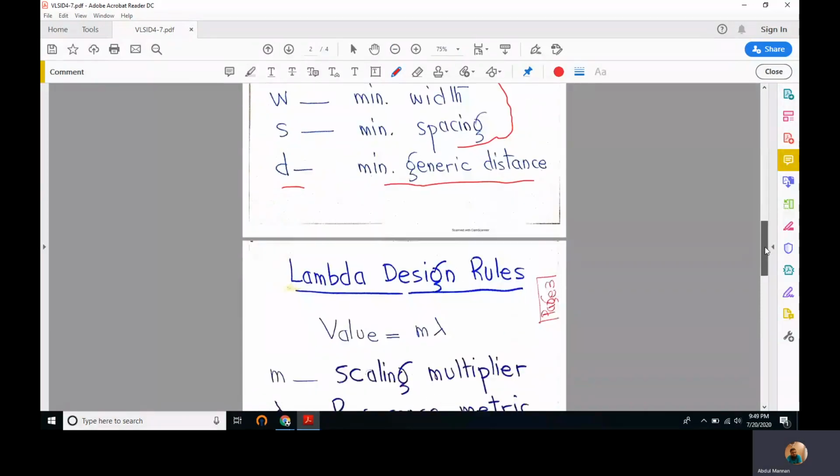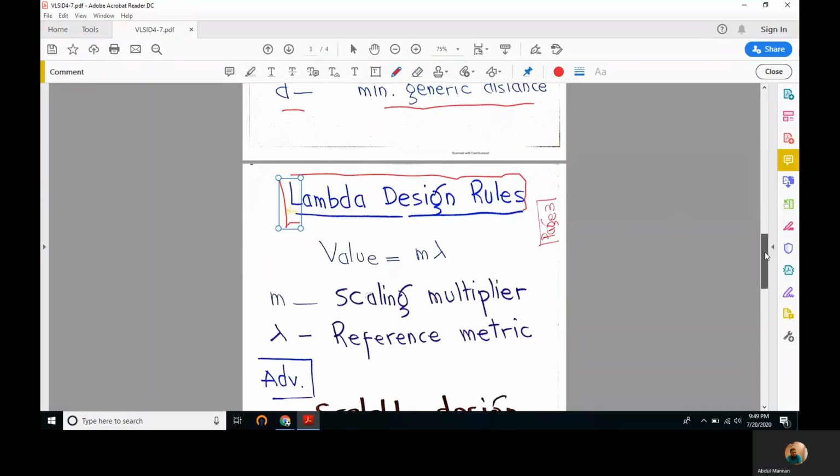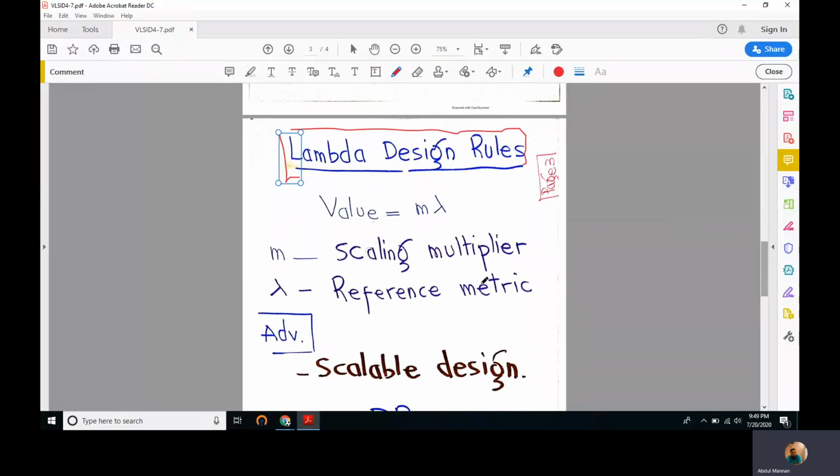Right. There are other design rules, we call them lambda design rules. These are geometric, simple, scaling based geometric design rules where the value of a spacing or dimension, width or length, for example, is represented as a product of a scaling multiplier and a reference metric. The scaling multiplier is m, the reference value is lambda.